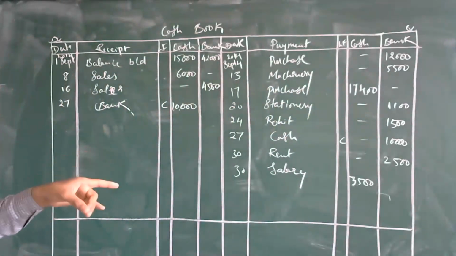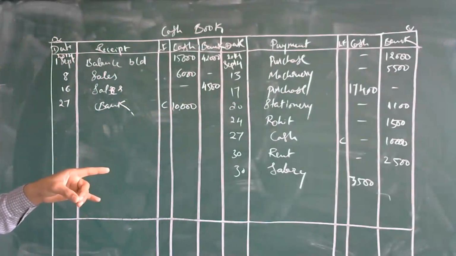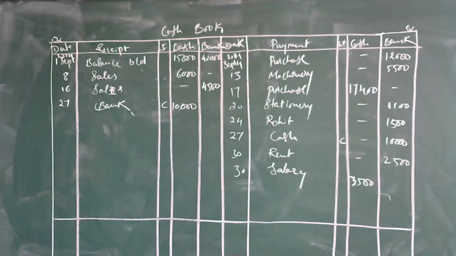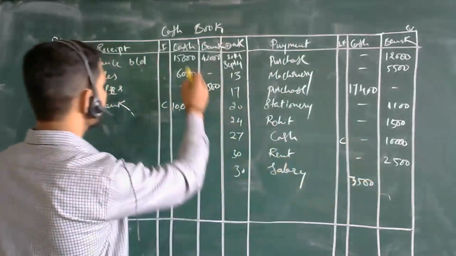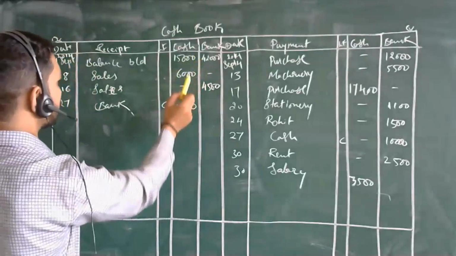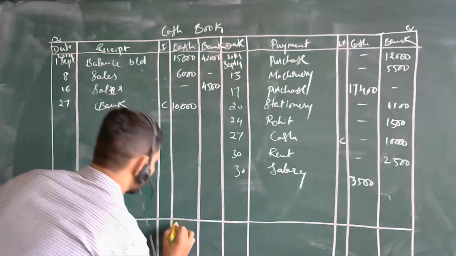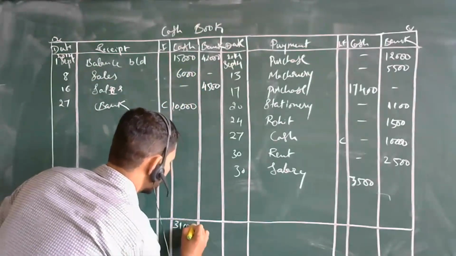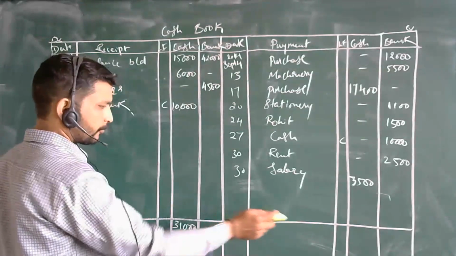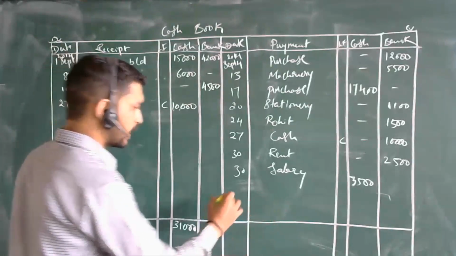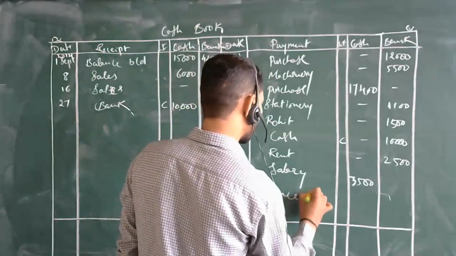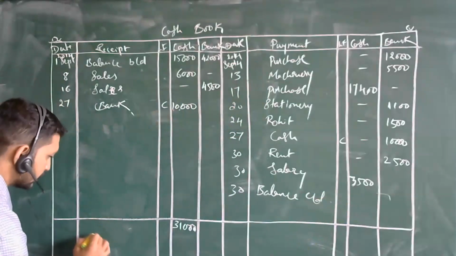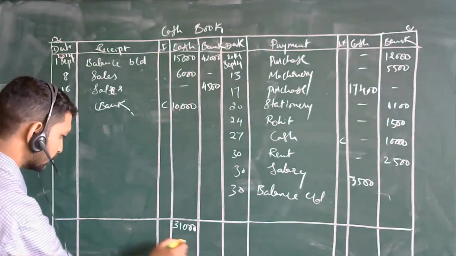$17,000, $20,900. This will be 17 and this 3, 20, 20,900. And this side 15, 21, 31. 31 it is? Yes, sir. This side is greater one. That is less. You are going to reduce 20,900 from this and balance will be brought down. Carried down it is. And here balance, just we can take for here the entry for this.